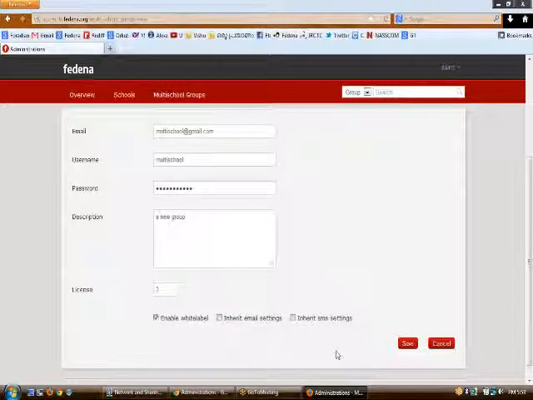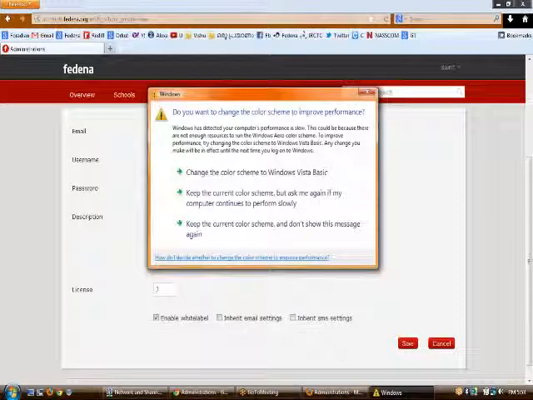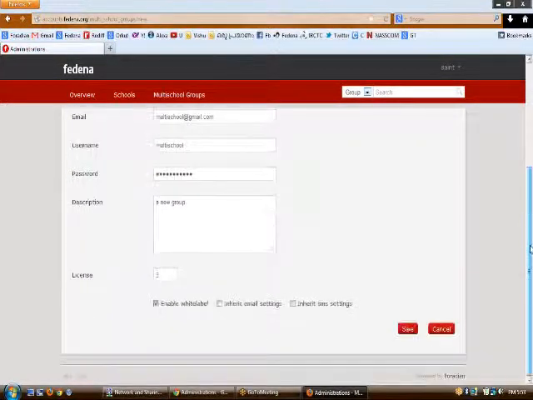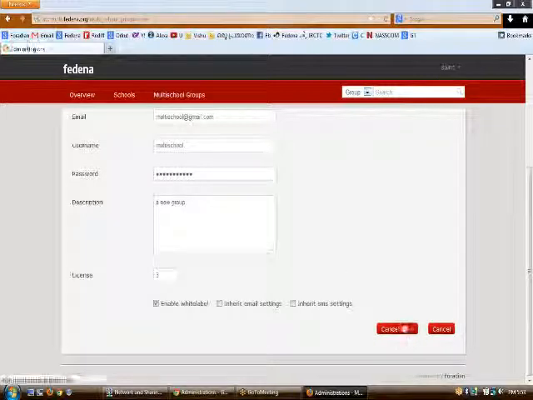Even here, when we click on inherit email settings or inherit SMS settings, the settings that are associated with the company, in this case, would go to the subsequent multi-school groups. These settings of the multi-school group can be used by the schools under it, and here we can hit the save button